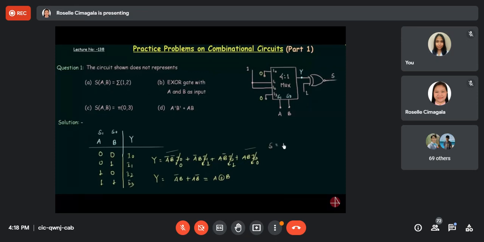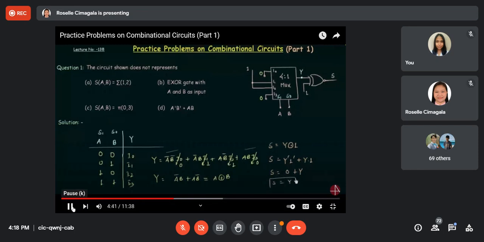So S is Y XNOR 1, and I can open it like Y complement 1 complement or Y and 1. Now you can see that 1 complement gives us 0 and the AND operation with 0 is 0. So 0 or Y, and it is equal to Y. So this S is